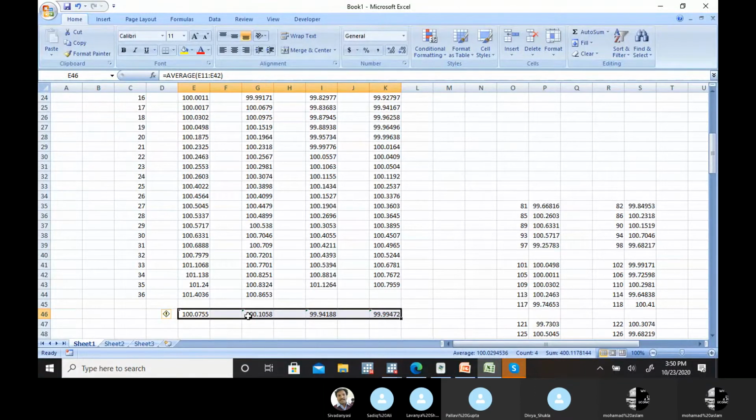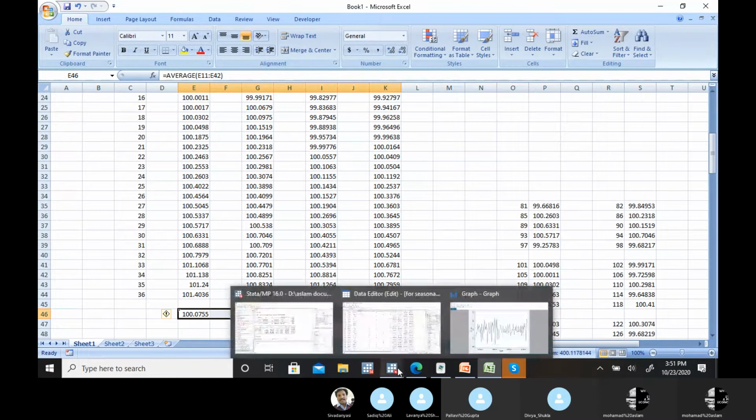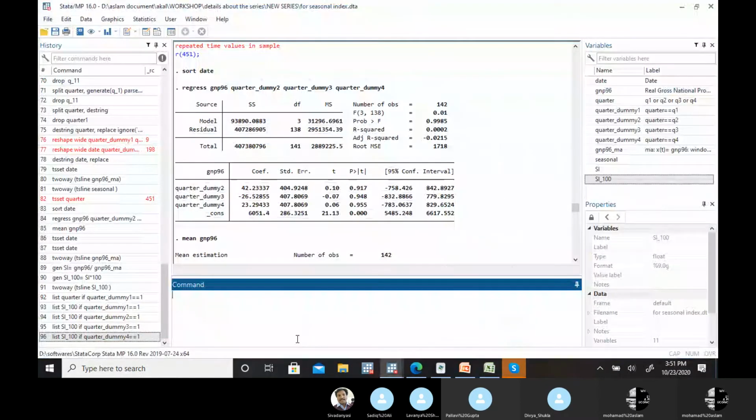That's the seasonal, right? If it's increasing, that's not a seasonal change. Seasonal changes eliminate within a year. So if there is an increase in two quarters, then there is a decrease in another quarter. So it's approximately eliminating; more or less the sum is 400. That's what we need. This is how you can eliminate the irregular components out of the seasonal component. Any doubt in this particular methodology?